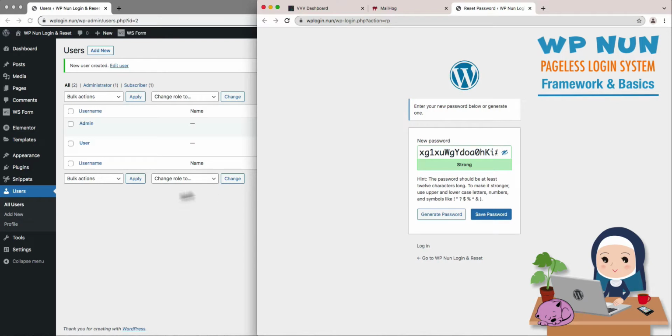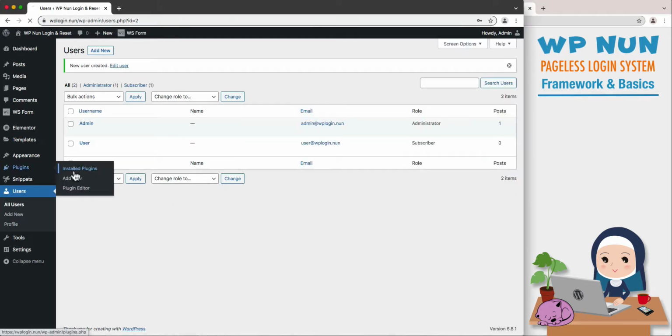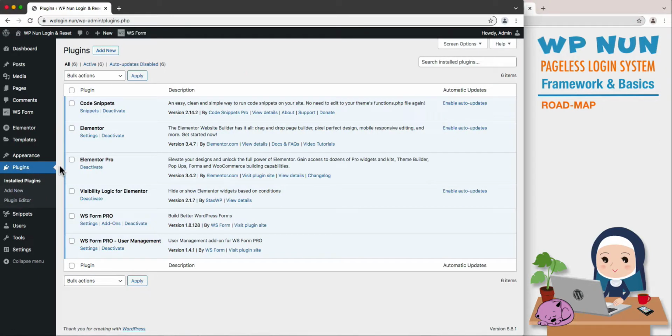Back in our WordPress panel, with all plugins installed and activated, let me outline the roadmap for our project. First, we will build 3 forms, using WS Form Pro and the User Management add-on. These 3 forms will replace the WordPress default forms for the user login, the password reset request and the password reset form. Then, we will generate a simple site header, using the Elementor theme builder, with the site's title as our logo, and 2 buttons for login and logout. We will use the Elementor Pro pop-up builder to create 3 modal pop-ups, which will contain our 3 forms.